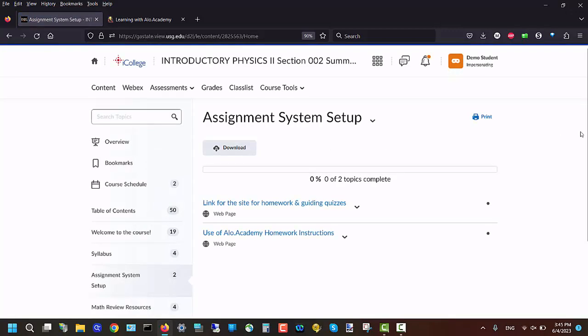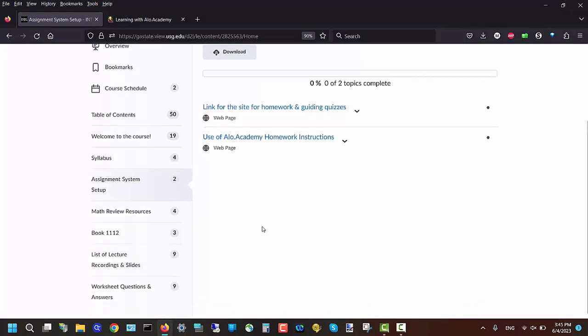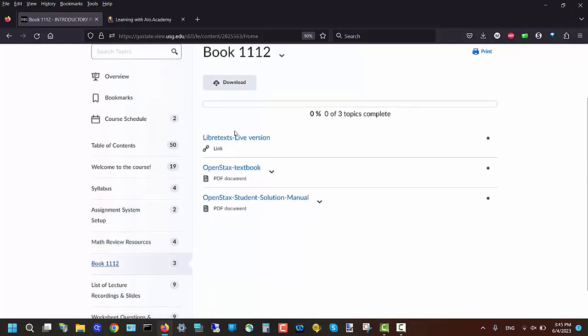Content. So the book that we use for the course, this is the link for it. There is a solution manual that's not going to be, the chapters are not going to be labeled the same way as I have them here, but you can look for the same title that provides you with more examples.